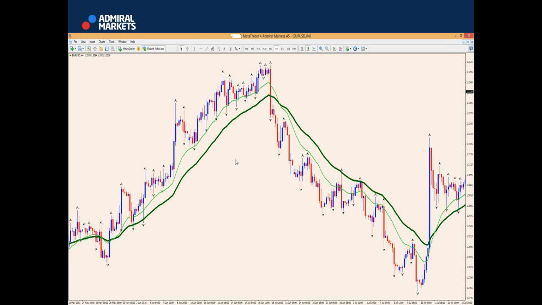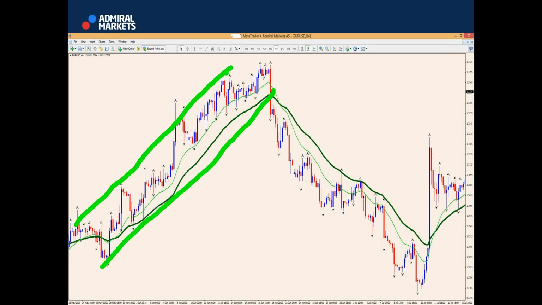So that's how I use moving averages as support, because the advantage of moving averages is that they're always there. They always will give a support level in an uptrend, and a resistance in a downtrend. But the advantage of a trend channel is that you have both support and resistance in an uptrend, so you have both sides of the story. Of course, you don't have that with moving averages. You only have one side. The trend channel has both sides. That's the advantage of a trend channel.